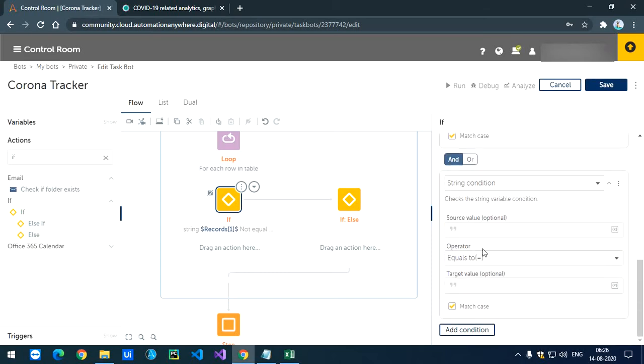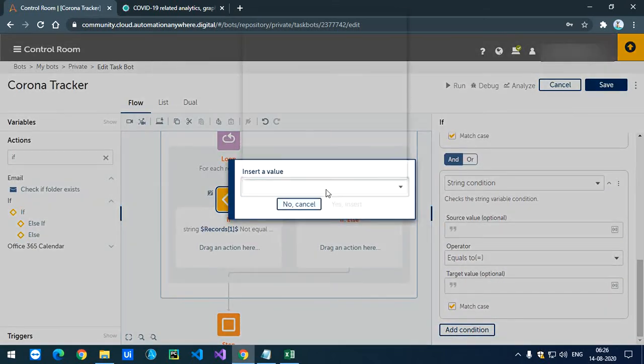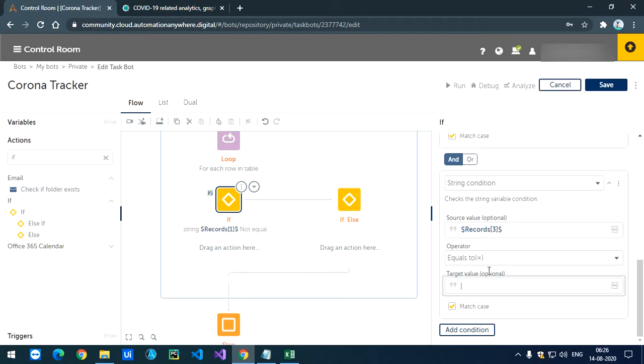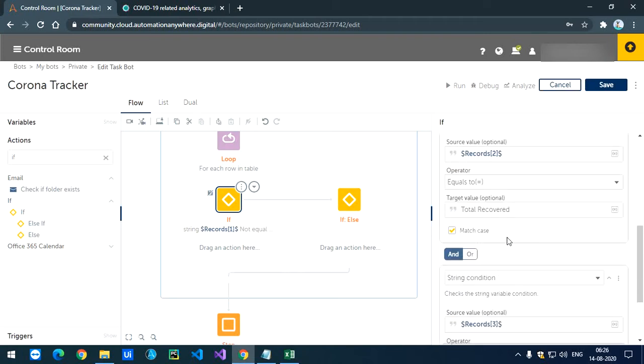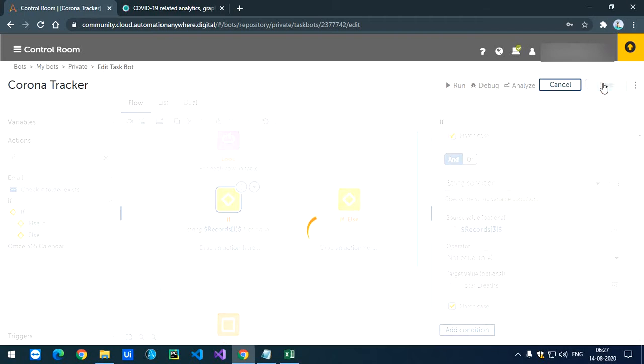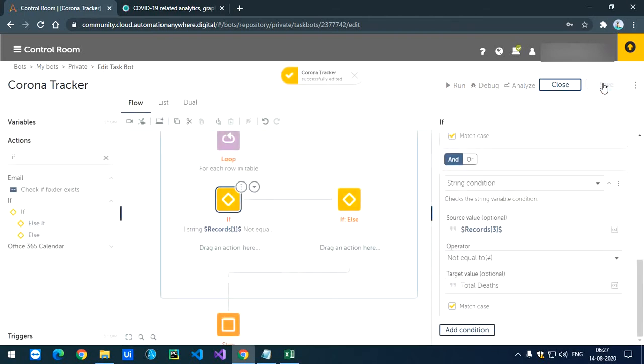This time I'll select the third row, third column, and it should also be not equal to, value is TOTALDEATHS, total deaths. If not equal to this, then it will go into this loop.